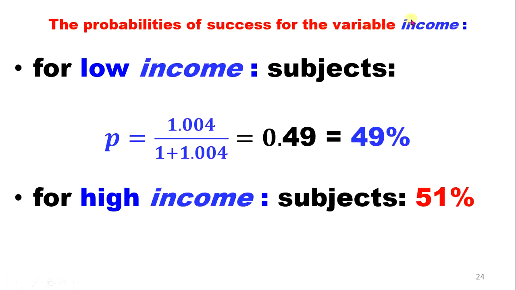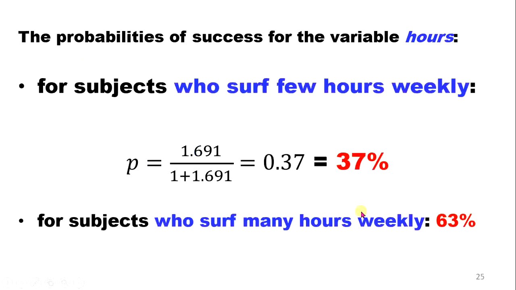the probability of success for a variable income ምን ይሆናል ማለት ነው? for low income subject the probability is equal to 1.004 divided by 1 plus this is the odd, it's going to be 49%. ስለዚህ those people with lower income ቻንሳቸው ምንድነው እንደማለት ነው ሞባይል ኢንተርኔት የመጠቀም 49% ነው። ስለዚህ 1 minus 0.49 51% ደግሞ those people with higher income ሞባይል ኢንተርኔት የመጠቀም ቻንሳቸው ምንድነው ማለት ነው ወደ 51% ይሆናል ማለት ነው።